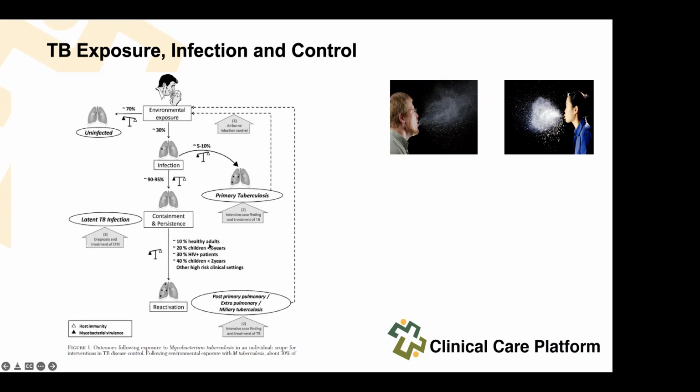However, under certain conditions, these patients can reactivate later in life. If someone is a child, or you become HIV positive, you become diabetic, or you work in a high-risk clinical setting. That's why health workers are regarded as high risk for developing active TB. And where TB preventative treatments work, it's exactly here. The whole theory is that if the majority of patients who are infected have this latent, dormant, non-replicating TB in their lungs, can we treat it before it reactivates, right?